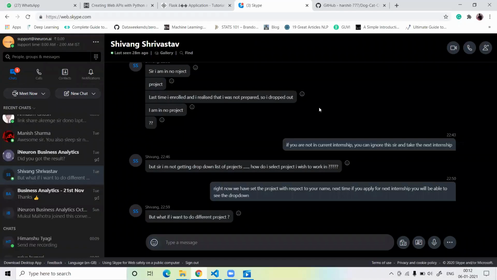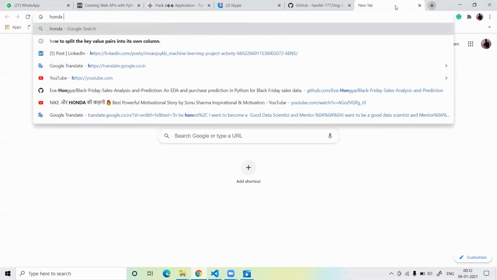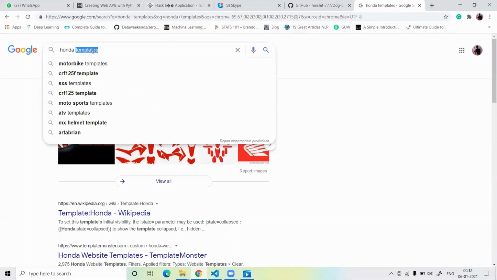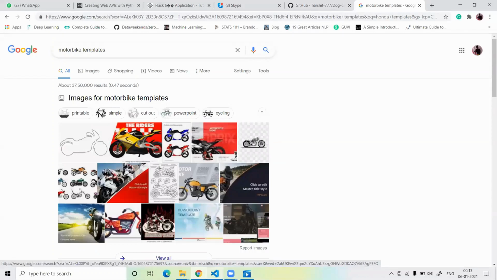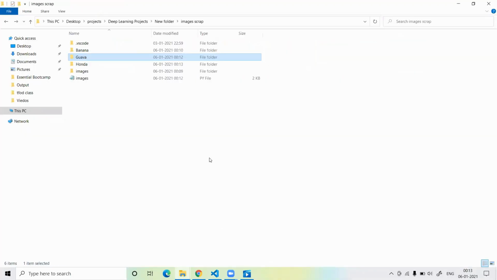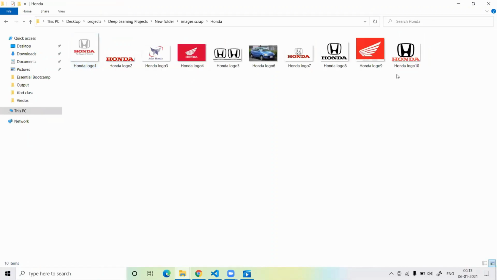Or Honda market. So let's see, just write python images.py, search Honda logo. Okay, Honda logo, and how many? 10 again, and see, our folder is created, Honda logo, and it starts downloading the Honda logo.